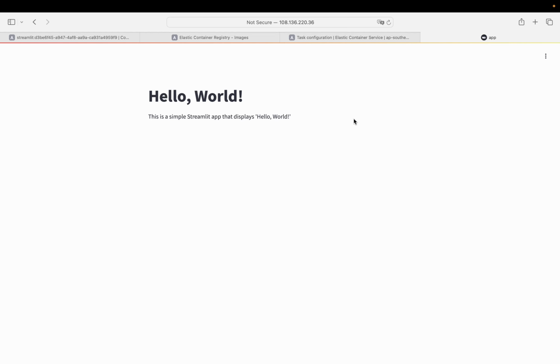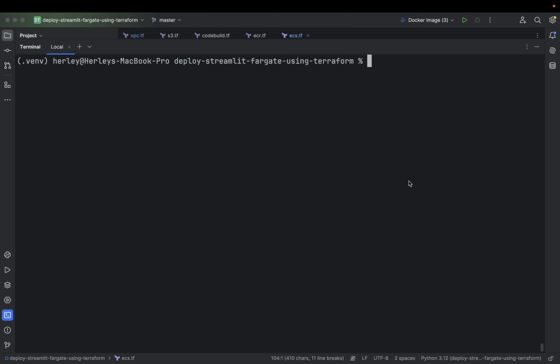Now I'm going to show you how to dismantle our created resources using Terraform, so you can gain the idea that using Terraform is a good idea. So let's first come back to PyCharm. The first one, we need to delete all of the objects in our created S3 bucket.